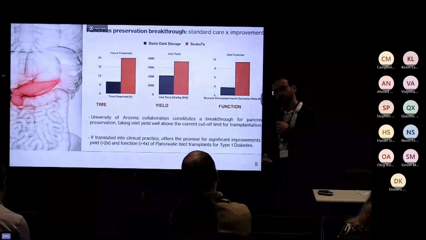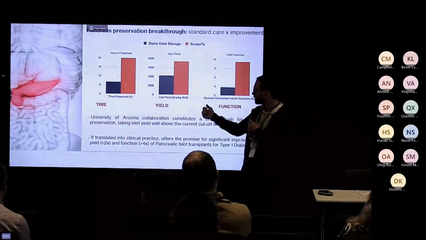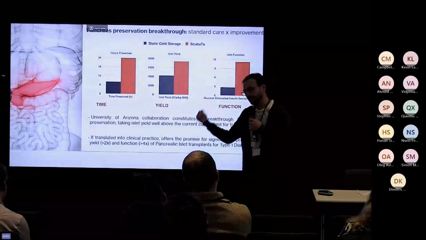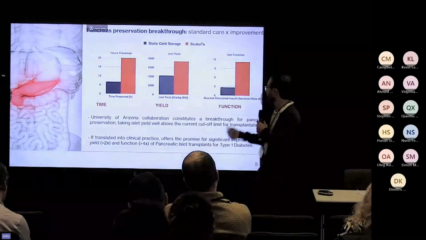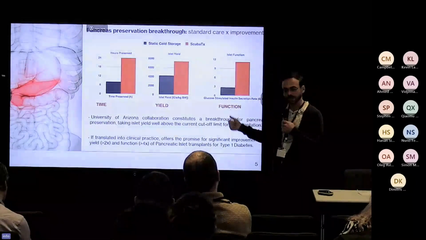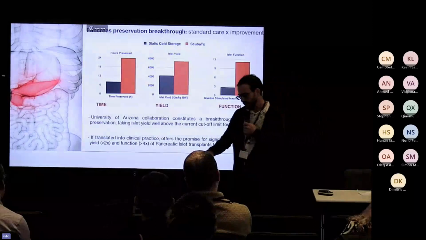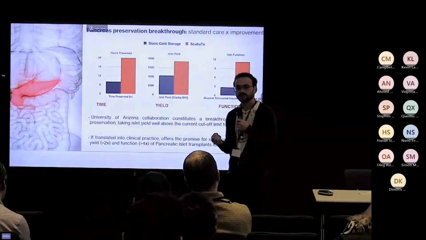So what you're looking for in a pancreas transplant is high functioning yield. High yield here means more islet cells alive after the transplantation, after the preservation period. And function here is happy islets produce more insulin. That's what you want. In cold storage boxes, you need something like 3 to 4 pancreas for one